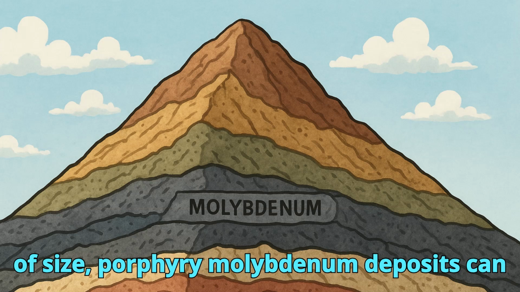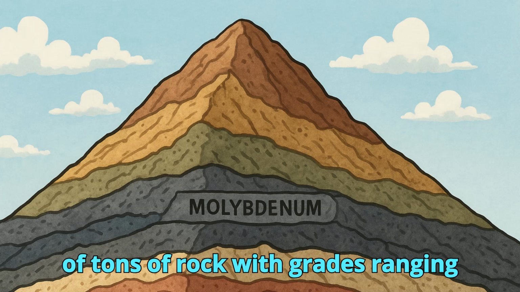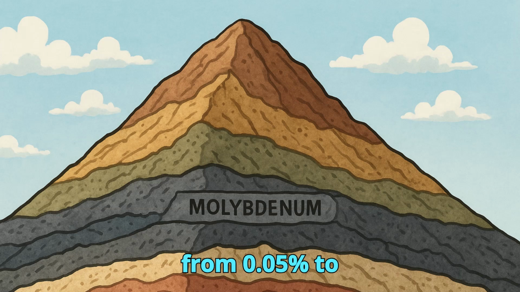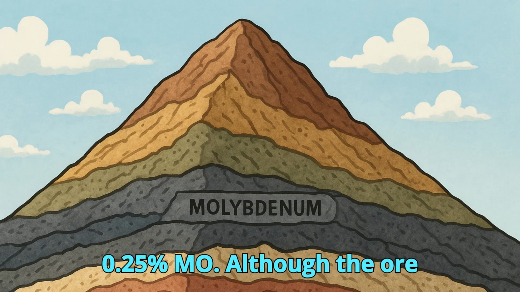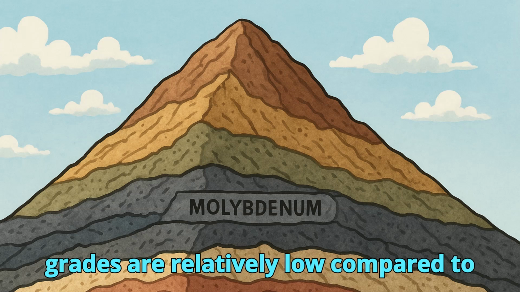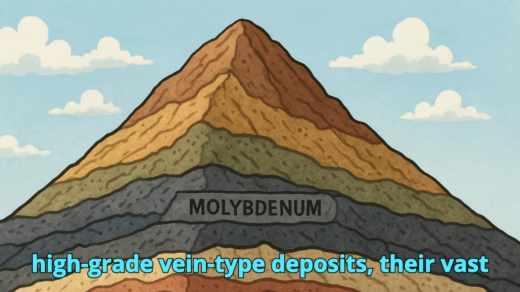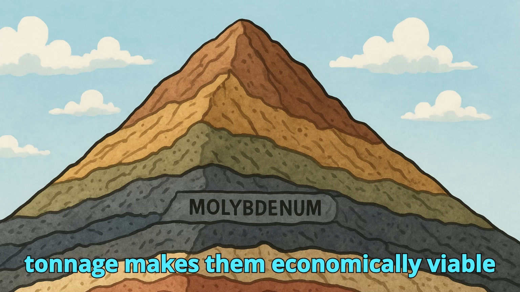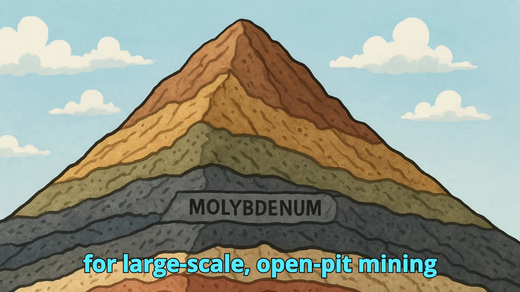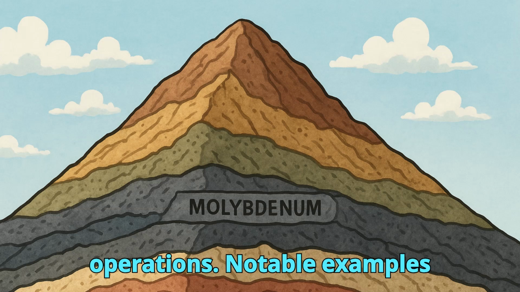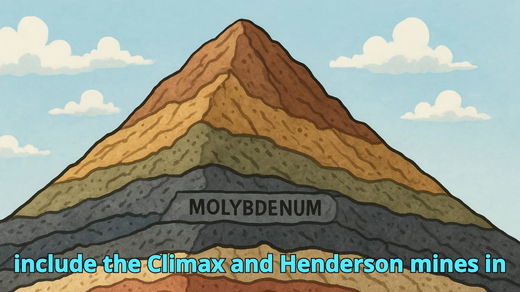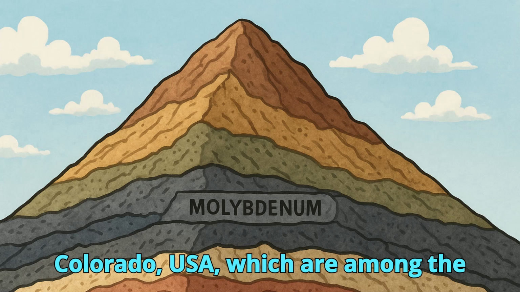In terms of size, porphyry molybdenum deposits can contain hundreds of millions to billions of tons of rock with grades ranging from 0.05% to 0.25% MoS2. Although the ore grades are relatively low compared to high-grade vein-type deposits, their vast tonnage makes them economically viable for large-scale, open-pit mining operations. Notable examples include the Climax and Henderson mines in Colorado, USA, which are among the world's